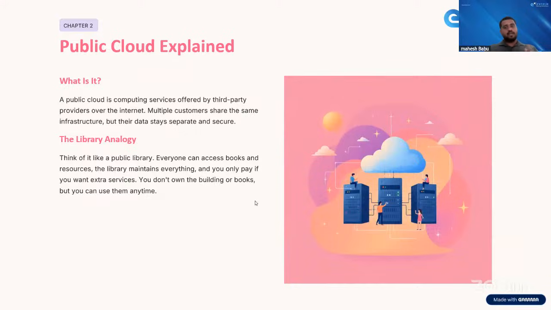You can access that, I can access, everybody can access. That's why, participants, it is the public cloud, which is very, very important.